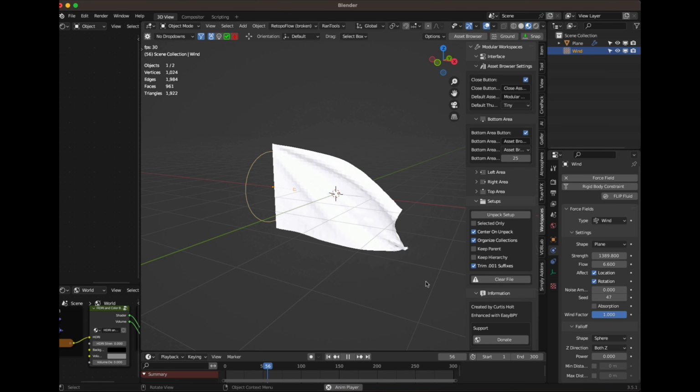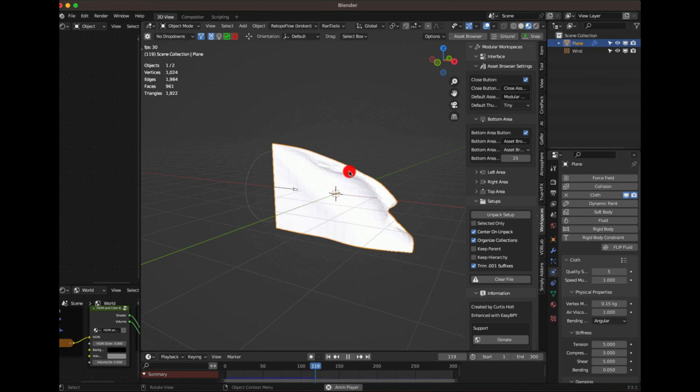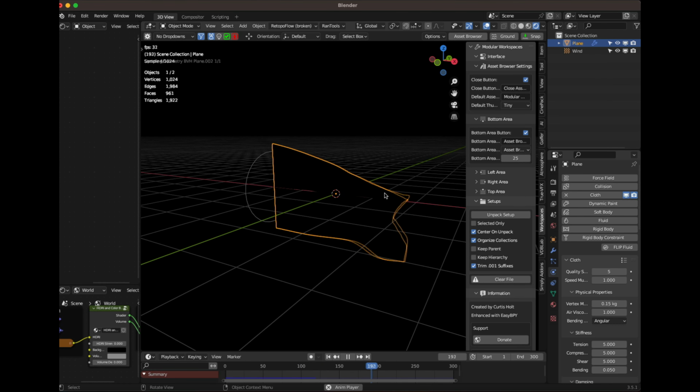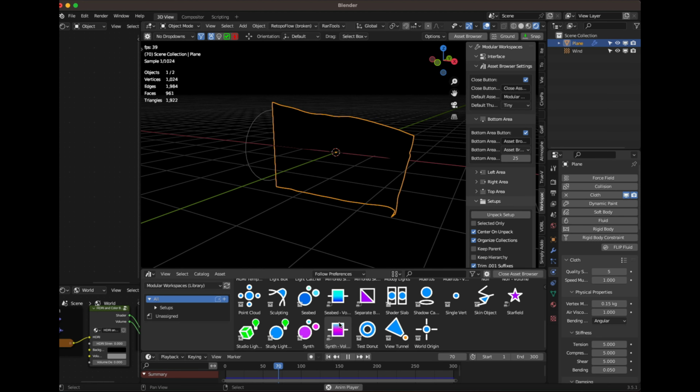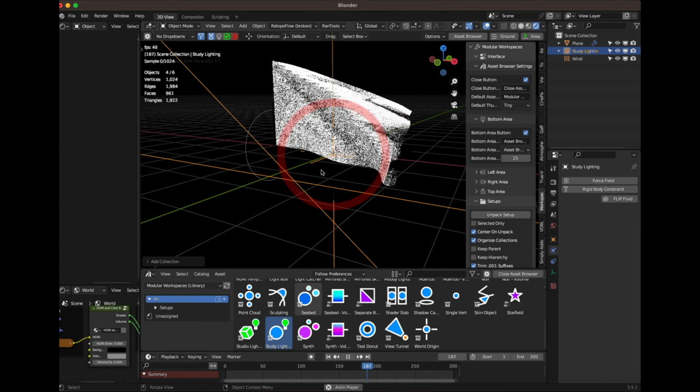Yeah, and now we're gonna go again to our cloth, and if we go to our render, we don't have any light, so we're gonna go to the asset browser and we're gonna choose our studio light,